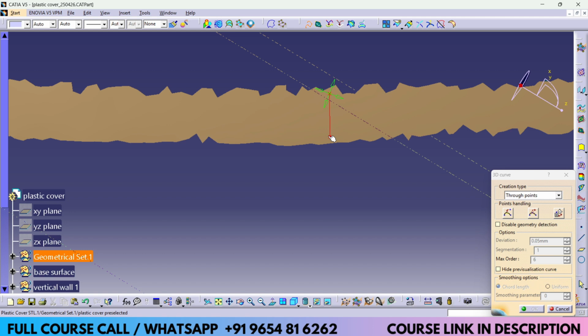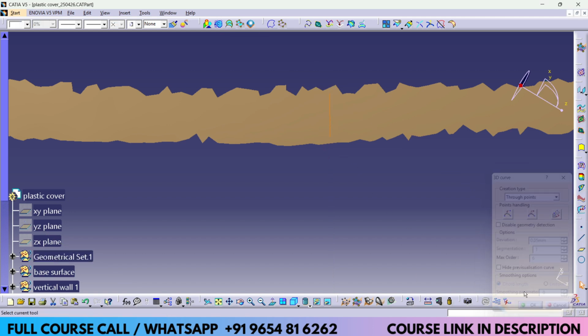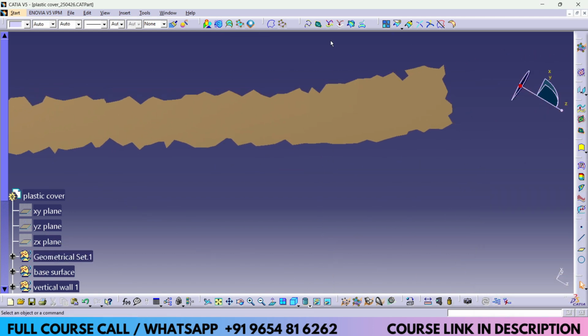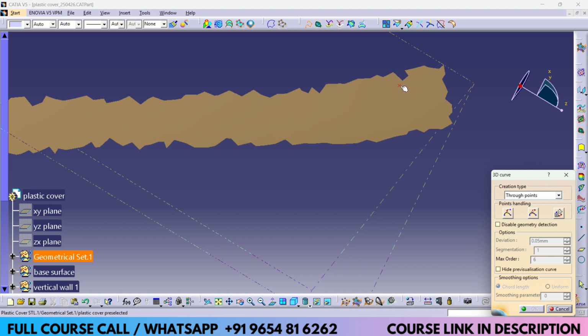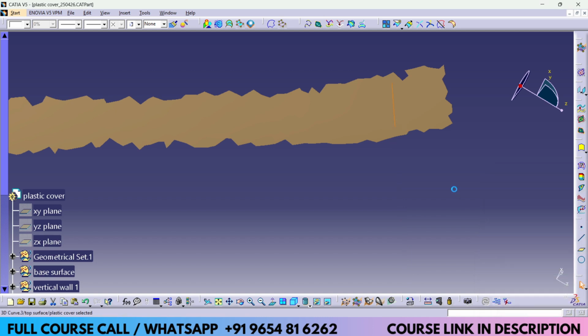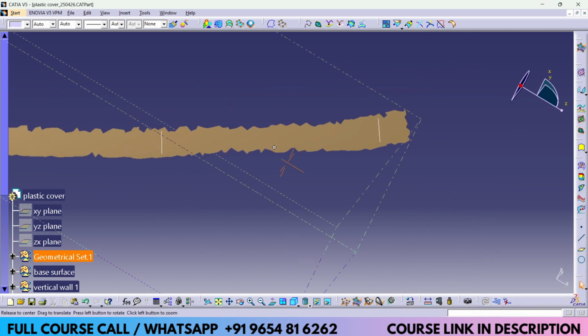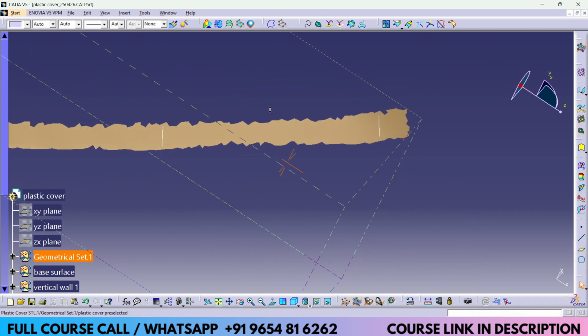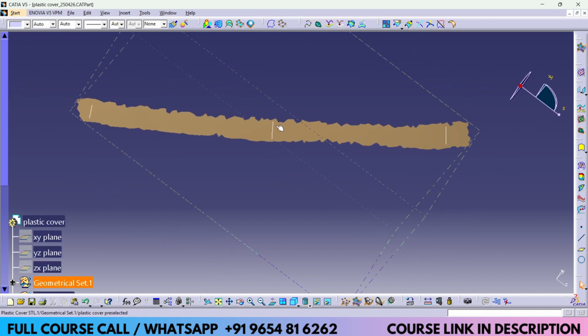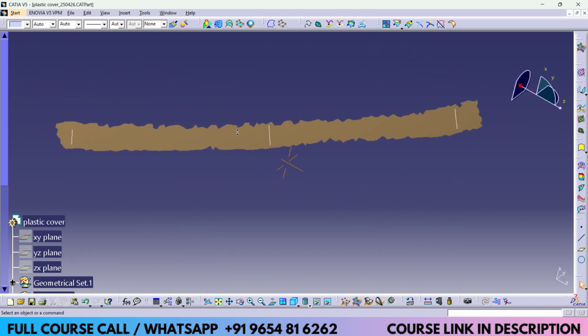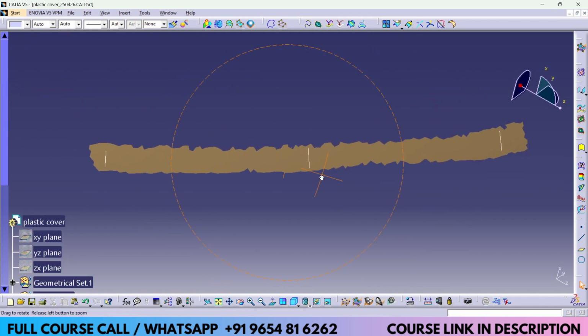The second section somewhere here, and the third section. Avoid picking the point which is on the fillet of the scan. Okay, so these are the three sections I would like to use.